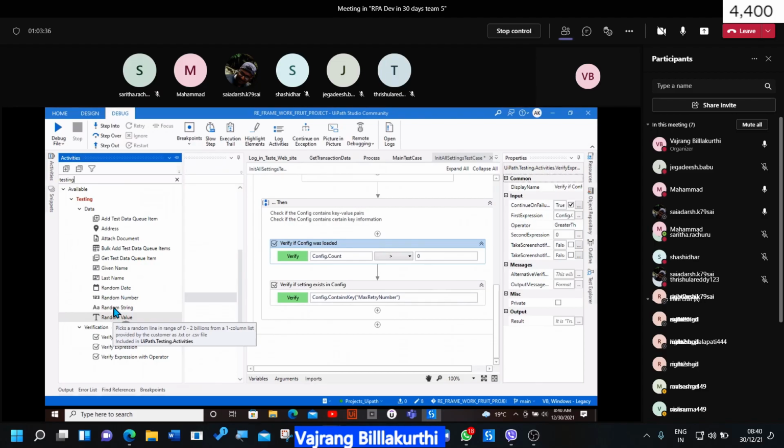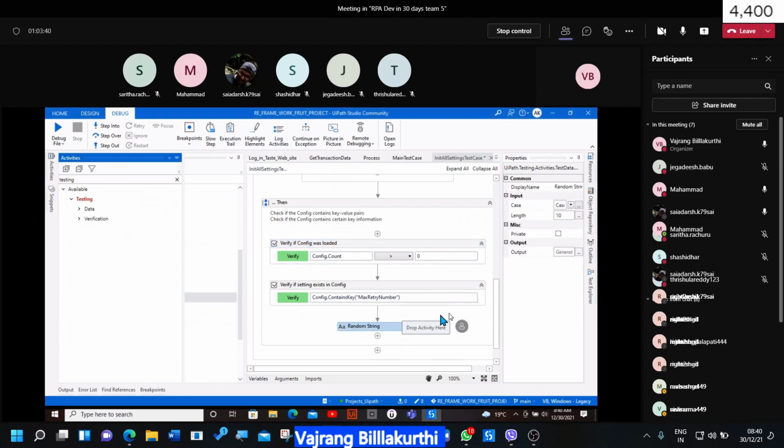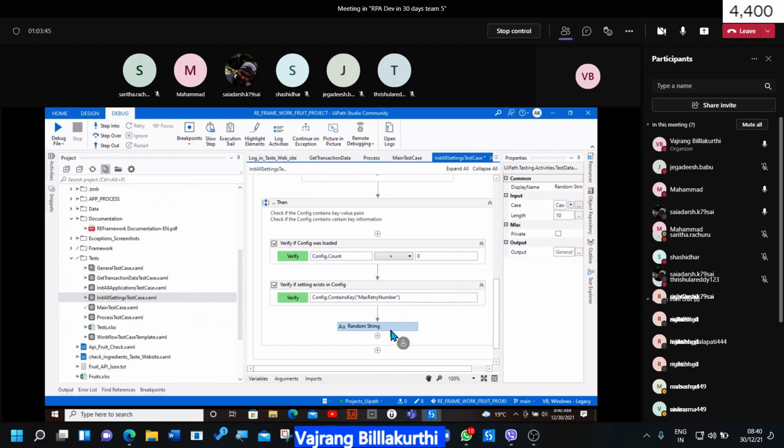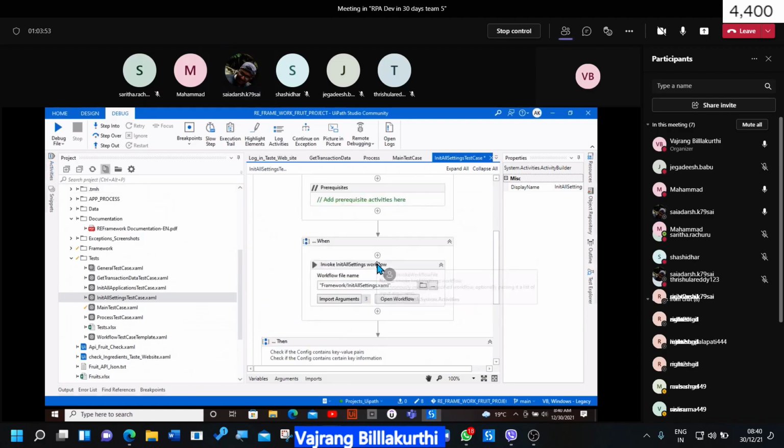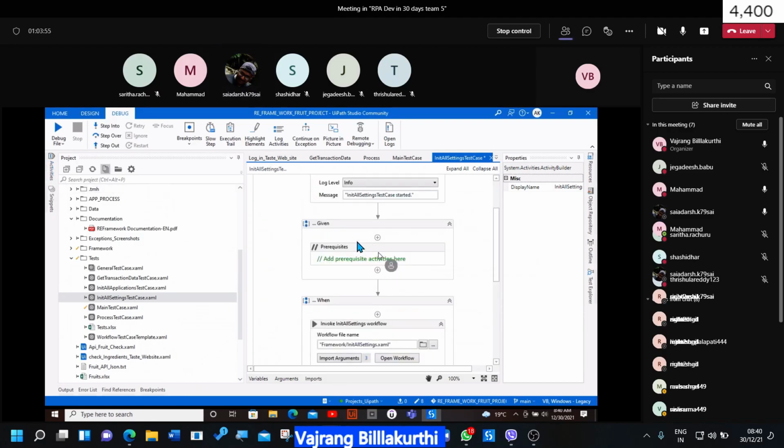You can create a random string or random value and send it. For example, in the fruits use case, a random string can be generated and tested. In the given section you can add a random string and pass the value in the in argument.